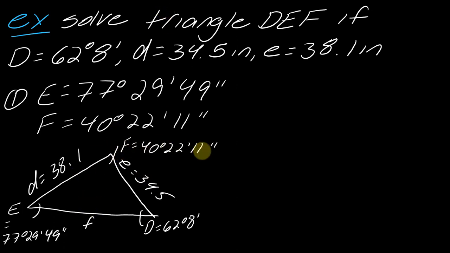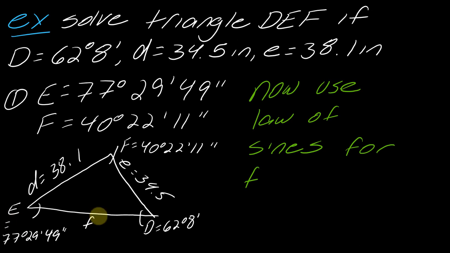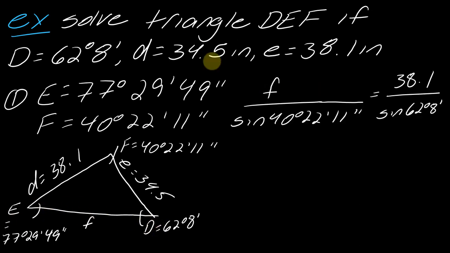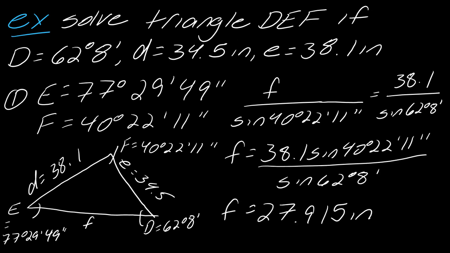Here's my angle F, here's my angle E, and now I can use the law of sines to figure out my remaining side F. I can take F over the sine of F, so 40 degrees, 22 minutes, and 11 seconds, and then take side D over sine of D, as you see here, and then go ahead and solve for F. So I can solve for F, as you see here. I've got all my calculations, and ultimately what I get is that F will come out to 27.915